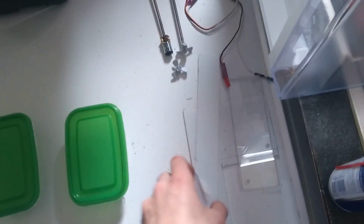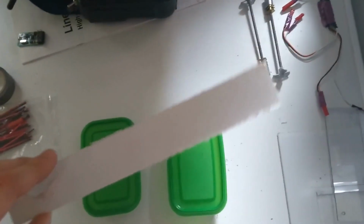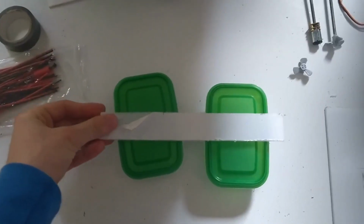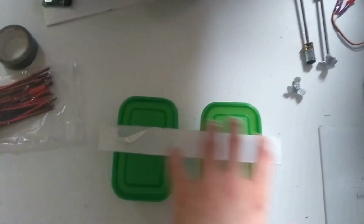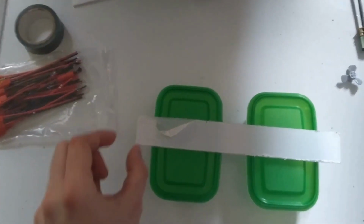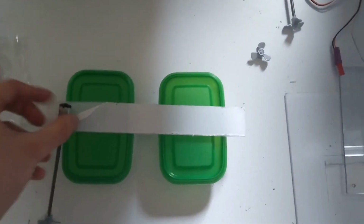Over here I've got some 3mm polycarb left over from the build of Crossbow 2. So the plan here, I think, would be to string one of these in the middle, hot glue this all together, and then maybe sort of cut a little slit here, heat bend that to an angle, and fit these bad boys